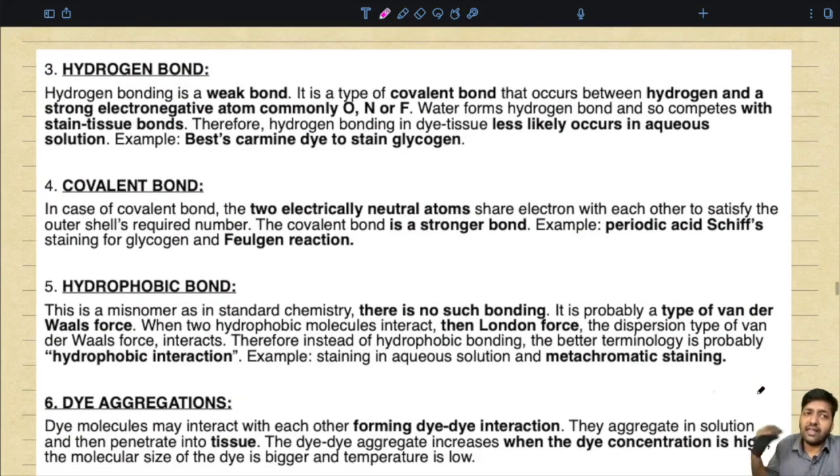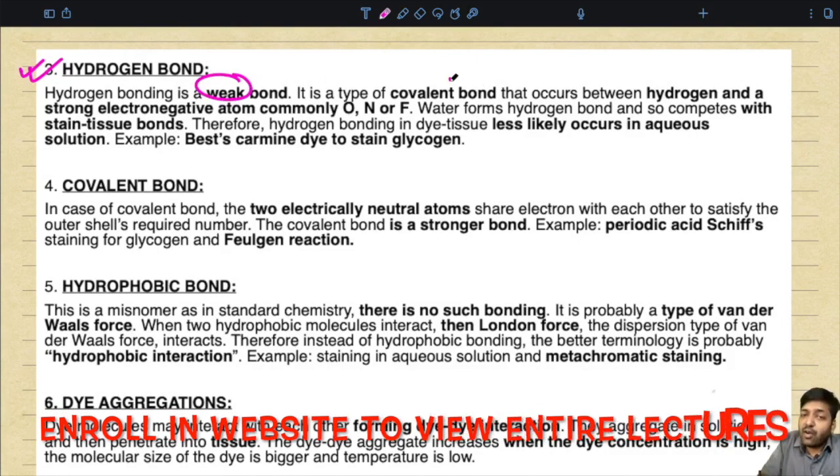Now there are different other kinds of bonding also. So what are those? They are the hydrogen bond. Now the hydrogen bond is a weak type of covalent bond which occurs between the hydrogen and a